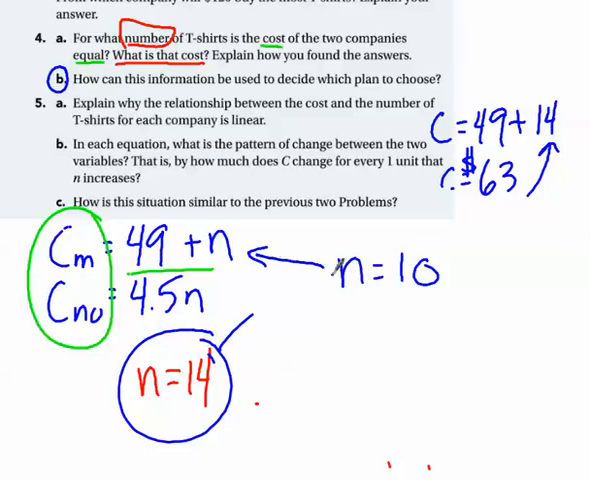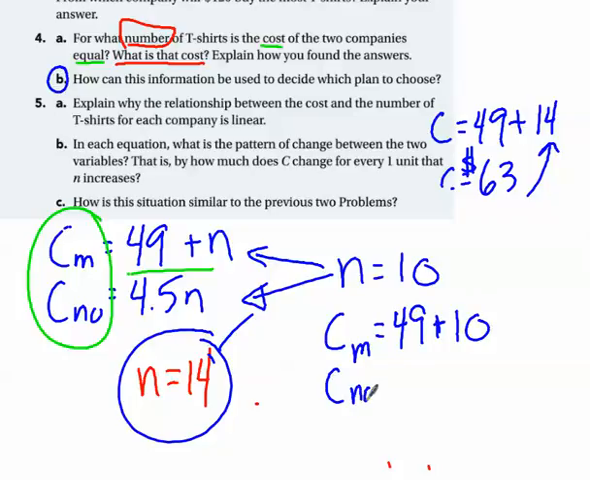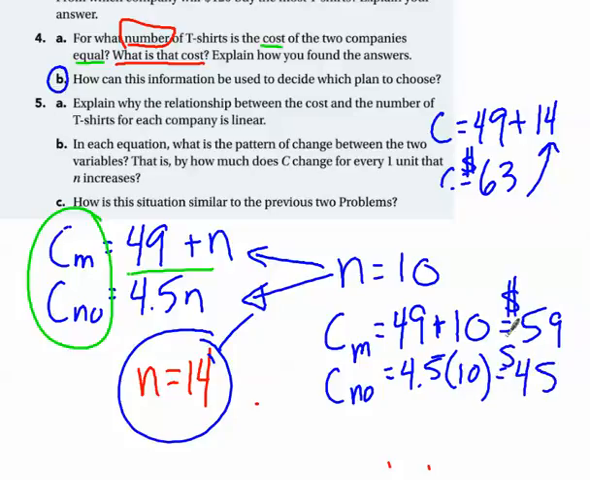I'm going to substitute n equals 10 into both equations. So the cost of M will be 49 plus 10. Cost of the No will be 4.5 times 10. This is going to give me $59. This is going to give me $45. Looking at that,